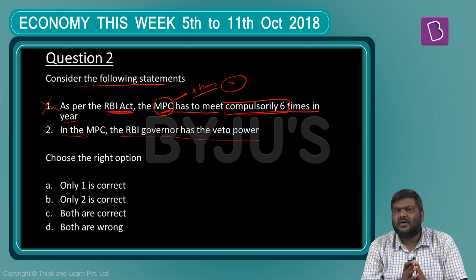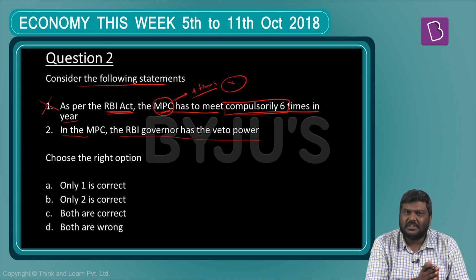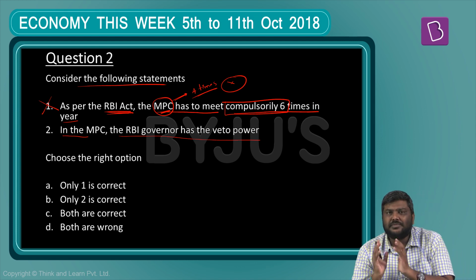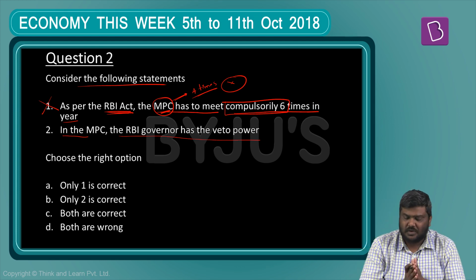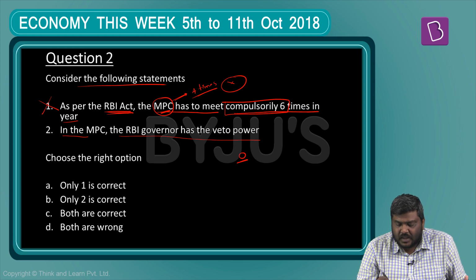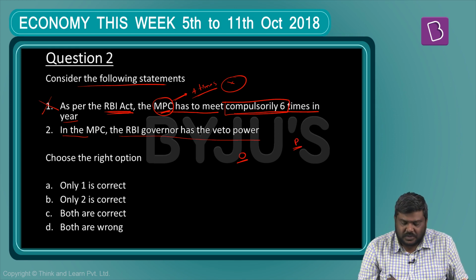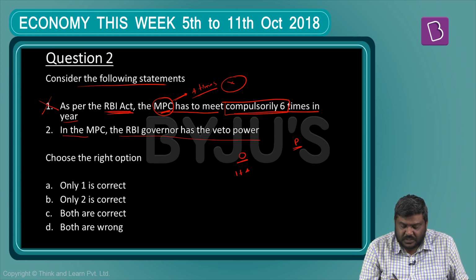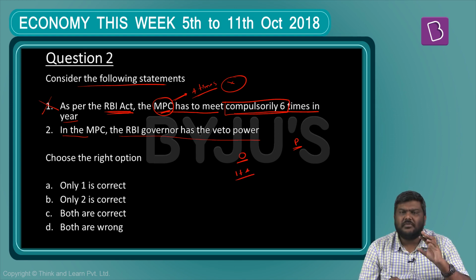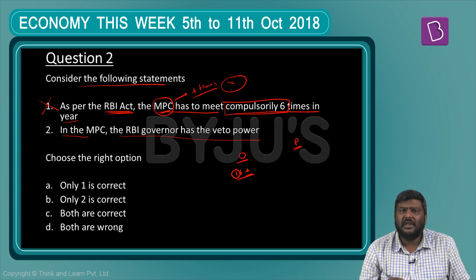Now, to understand this particular concept, let me explain what is the difference between the present MPC and the older system which was present to decide the monetary policy. I'll use the term O, which means older system, and P, present system. Earlier, to decide the monetary policy, we had a composition of 1 plus 4. That is a total membership of 5 people, of which 1 will be RBI governor and 4 will be representatives